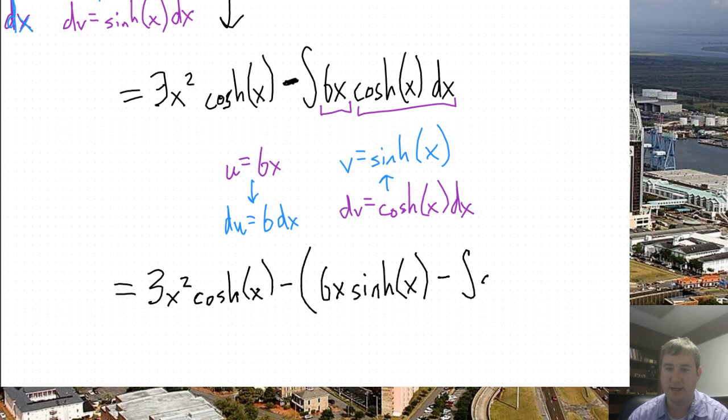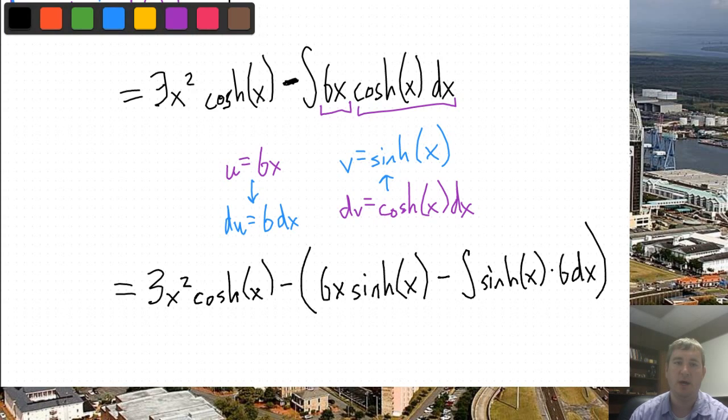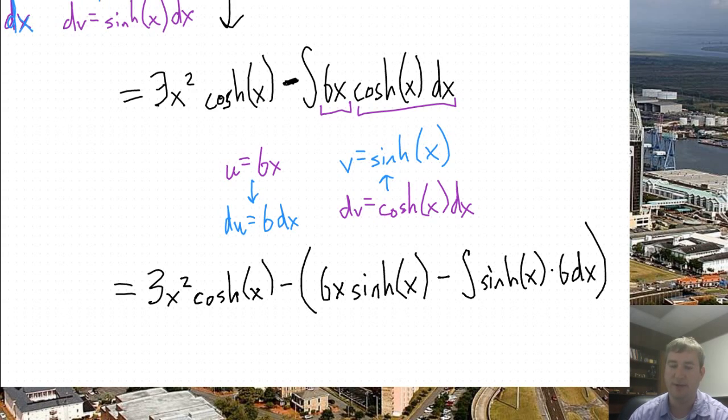So that's sine hyperbolic times du is 6 dx. Now, a recommendation is when you're doing a second level of integration by parts, immediately distribute that negative so you don't forget. So I made the negative a positive, and then I negated everything on the inside. And good news is that now this 6 is a constant multiple. And I know what the integral of hyperbolic sine is, so to wrap up this problem,